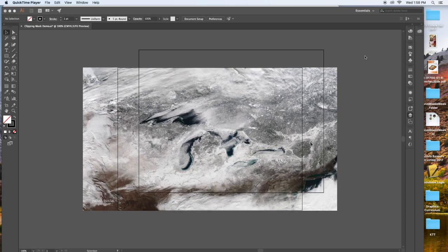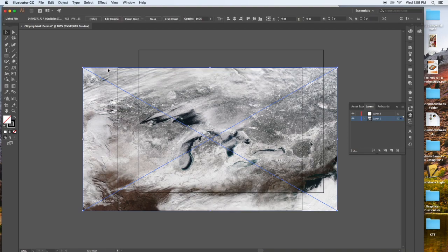I'm going to show you how to use a clipping mask for something new today that you might not have thought of before. We're typically used to using clipping masks to just kind of crop a picture in Illustrator. So for example, on here I have a background photo that I got off of NASA's Flickr. It's an open source photo of the frozen Great Lakes. And I put a box on top of it, a rectangle, the same size as my artboard, and